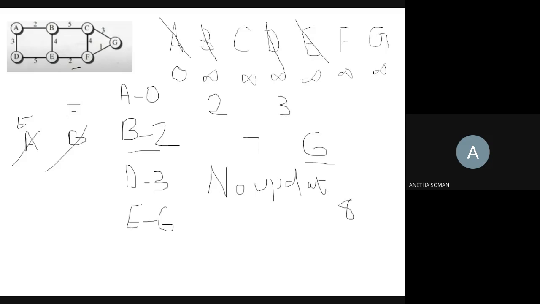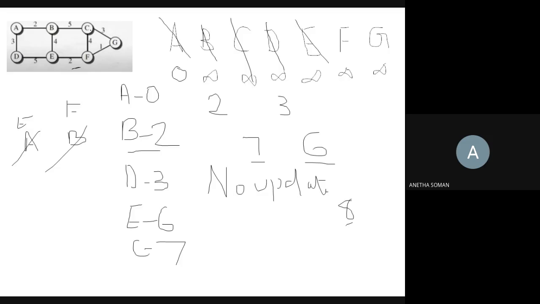Now which are the leftover values? 2 is considered, 3 is considered, 6 is considered. Now you have 7 and 8. Which is the minimum value there? 7. So I will make this node C equal to 7 as my permanent value, and I will just cancel this C. Okay, now I am at C, right?